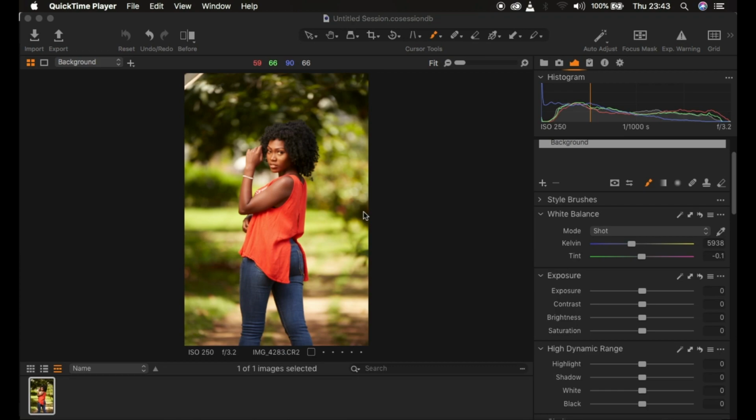In this tutorial, we're going to be learning about how I usually color grade images in Capture. Capture is a raw processing software that is going to help you color grade your images better and in a more professional way. This is not a sponsored video by Capture, but it is just a video to show you how you can easily understand or utilize the power of Capture to make your images look better and